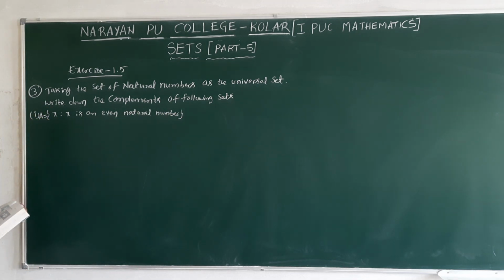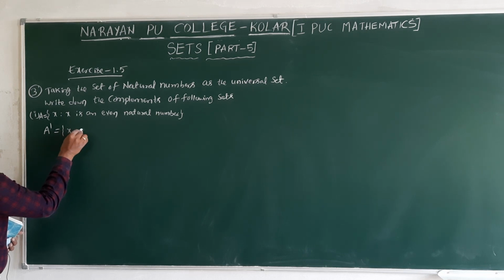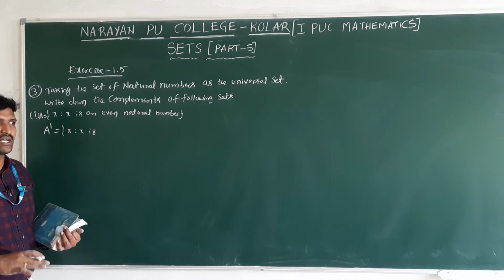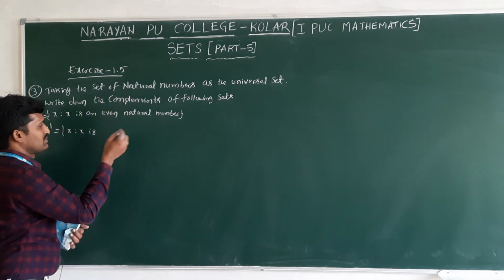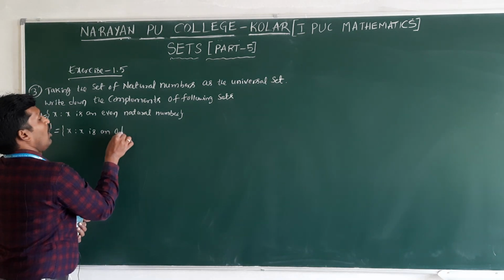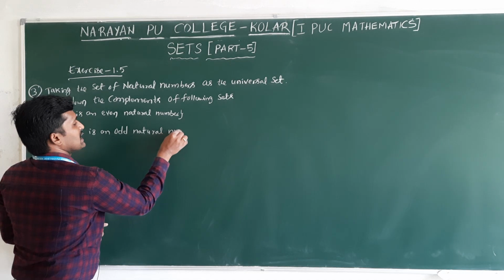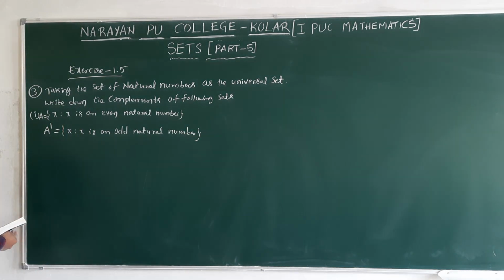Now a set of natural numbers has odd numbers and even numbers only. For this, if you want to find out the complement, A dash means X such that, for even, the complement is what? Odd numbers, because the complement is not even, meaning remaining all numbers in natural numbers, odd numbers. That's why it is odd natural numbers. Because here universal set is natural numbers. For the first question, the answer is this one.